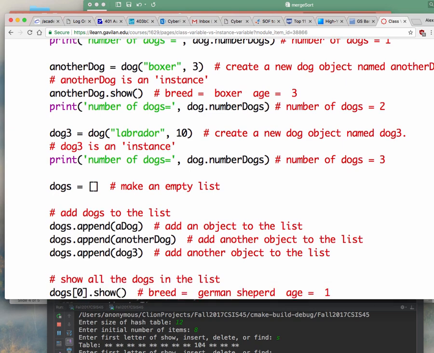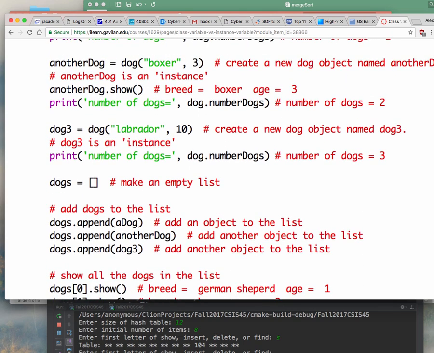And then what I'm doing a little bit further down is creating a list of dogs. This is the kind of stuff that we go into in a lot more depth and detail when we start doing data structures. In data structures we address how we make lists of our own type, basically. You already know what a list is, and Python lists are really powerful compared to a lot of these other lists out there.